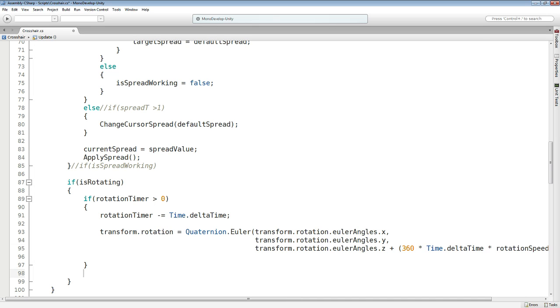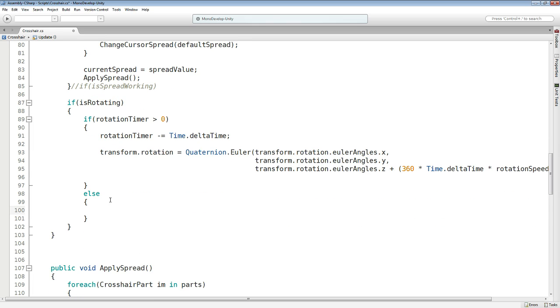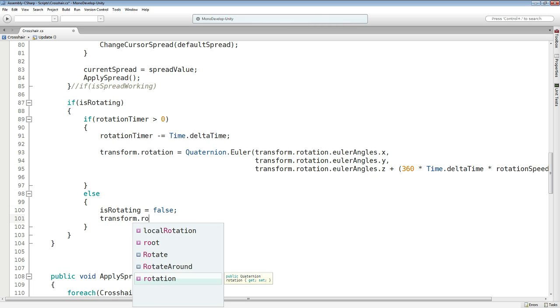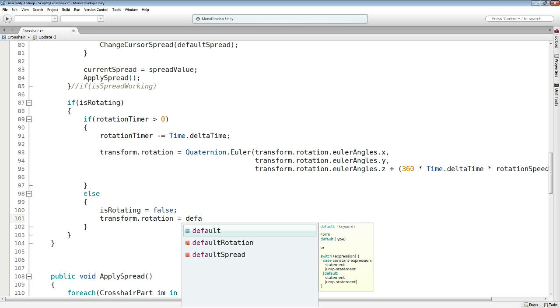So else, if our rotation time is 0, we don't want to rotate, our transform.rotation equals our default rotation,